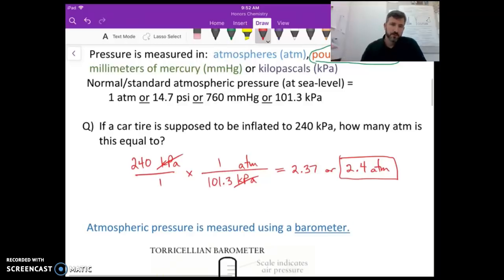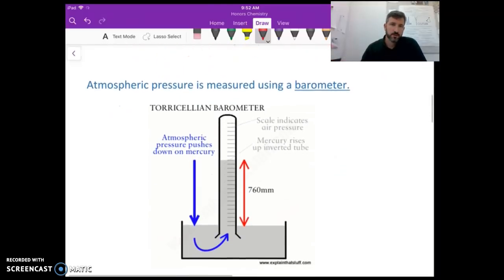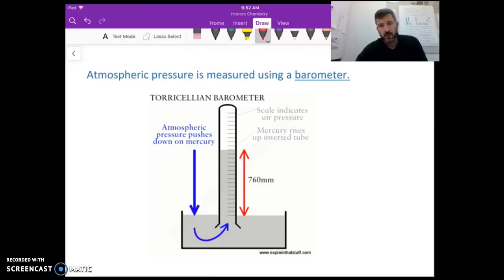How do we measure atmospheric pressure? It's measured using a device called a barometer. And the way that a barometer works is you've actually got mercury inside of this dish, and it's also inside of this inverted glass tube. So you basically fill up a glass tube with mercury. You have another dish of mercury, and if you can imagine, you wouldn't do this with your finger, but if you can imagine putting your finger over the open end of the glass tube,